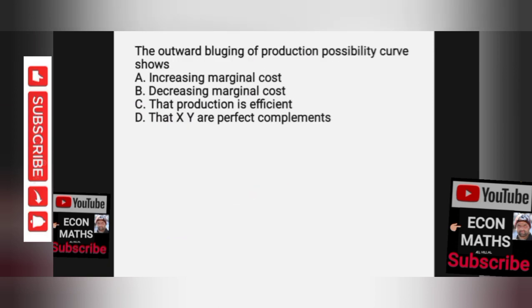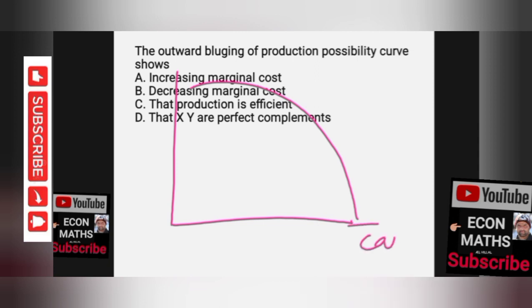Next question is, the outward bulging of the production possibility curve shows. First is increasing marginal cost, B is decreasing marginal cost, C is the production is efficient, D is X, Y are perfect complement. The correct option to this question is first, that is increasing marginal costs, because PPC is given by this. If we have here capital, also here we have labor, let us say